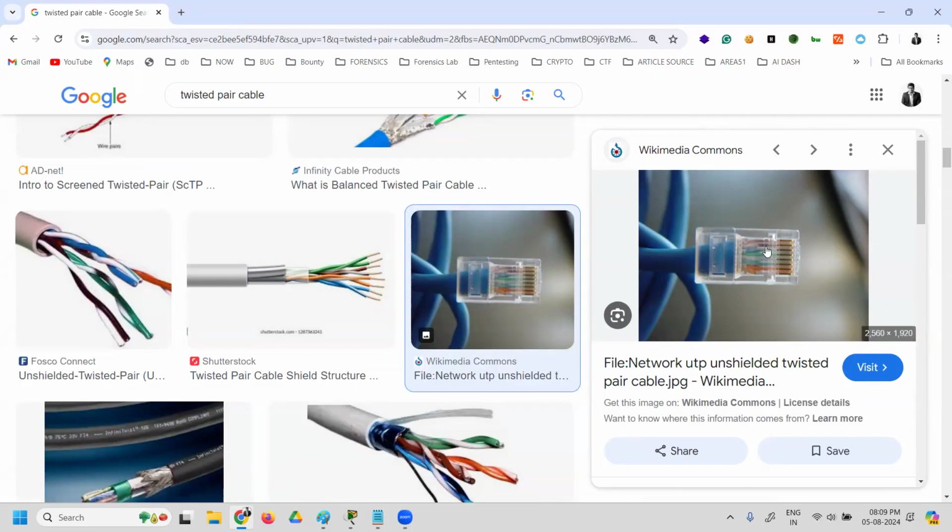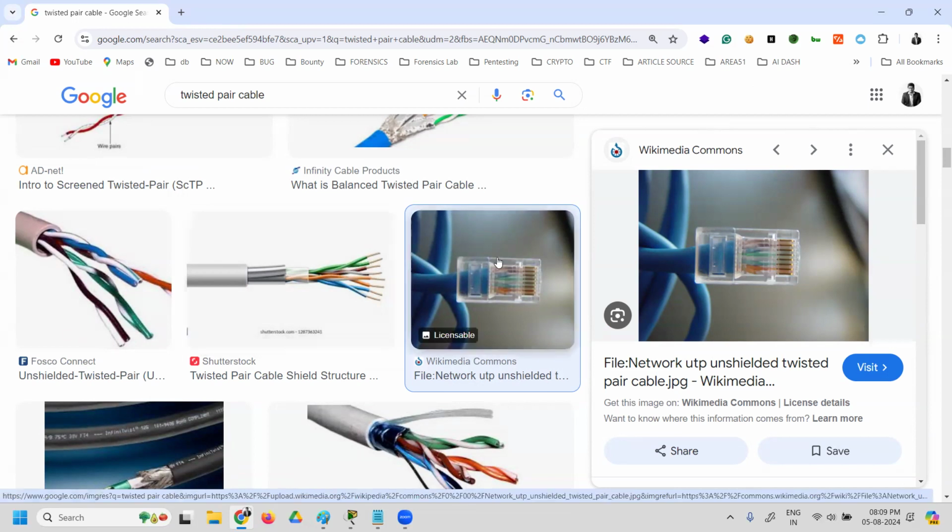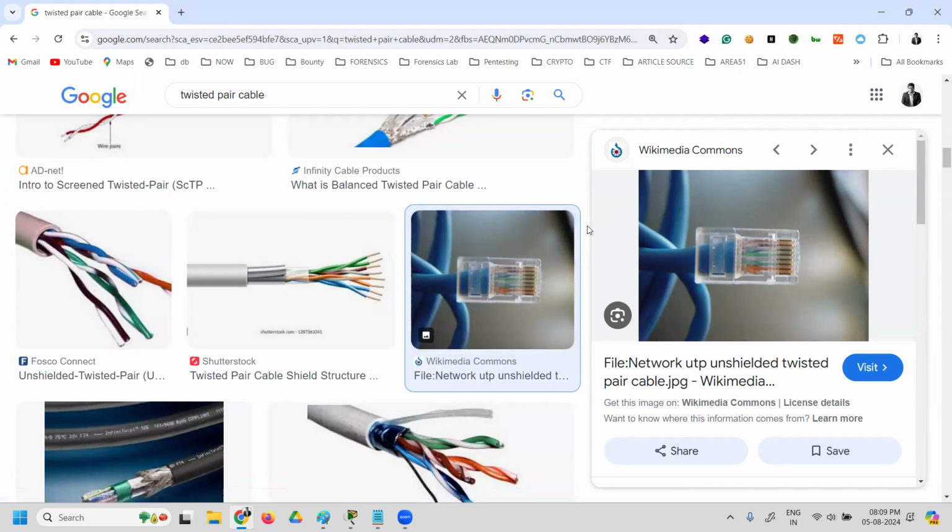So crimping is where you take this cable, separate each pair, and keep it in a particular color order, and then you insert that RJ45 and use a crimper tool to crimp it, and there you get your LAN cable, right? So this is crimping. This is the LAN cable which you've mostly seen in your computer labs.